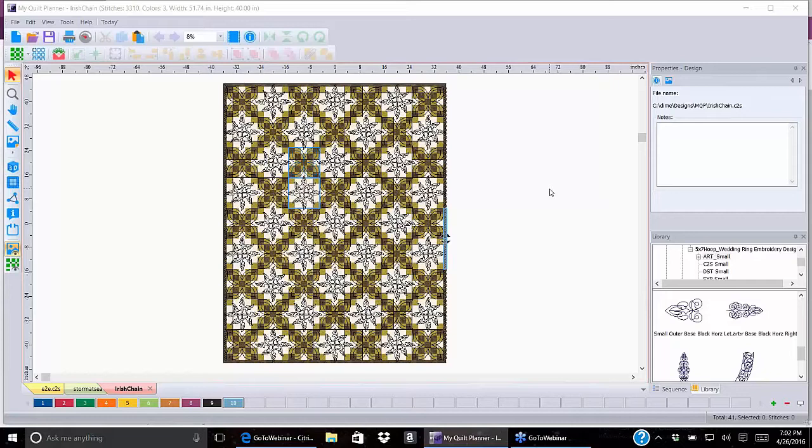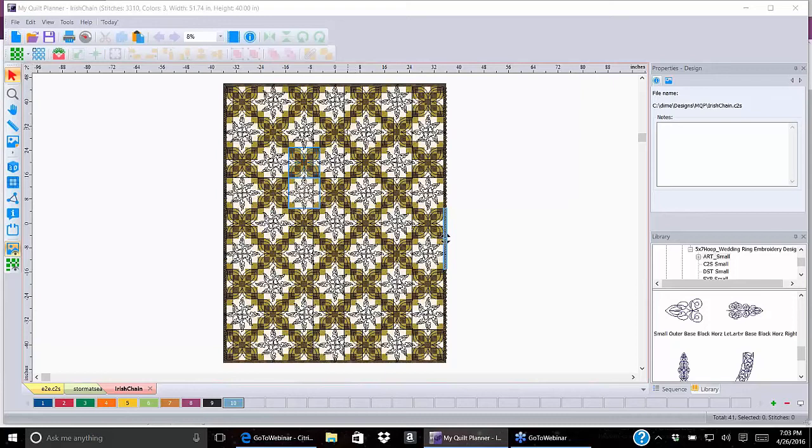This is such a fun program to play with. Since I travel quite a bit, I've turned into a truly virtual quilter. Unfortunately, my family doesn't think those are cool birthday and Christmas gifts, but I have so much fun creating designs and new things and being able to see it all put together and how I'm going to stitch it out. So we're just going to start with some basics today with My Quilt Planner and see how it works. So the first thing I want to do,